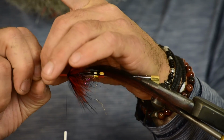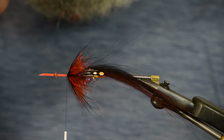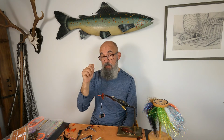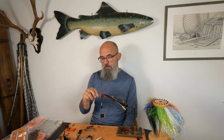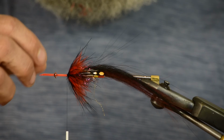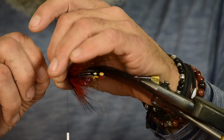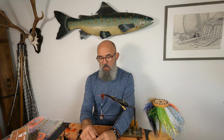And again, when it comes to cones, it's important that it's tight. If it's not tight here, the cone will start moving a little bit on the fly every cast, and it will break any tubing. What we've done is that we put the very, very flexible tubing so you can press down the cone and you can make it tight so it will stay there. A little bit of glue,